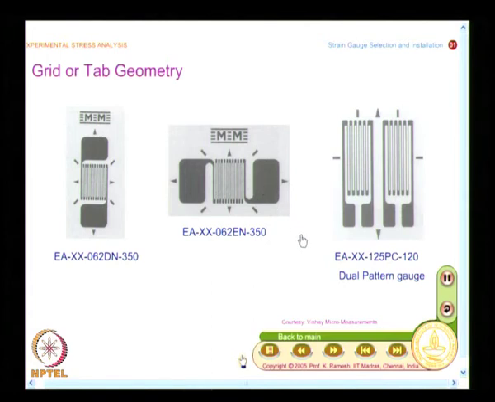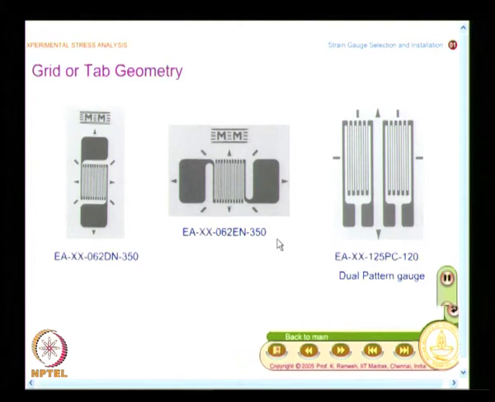And in the case of maximizing the strain reading, in one of the classes I said you can also paste two strain gauges adjacent to each other. Instead of you making the alignment, you have that available as a pre-aligned gauge. So, that has a specific designation by the manufacturer, and in all these cases you also have the last digit indicating the resistance. I have 350 ohms, I have 120 ohms here, and there are no special options.